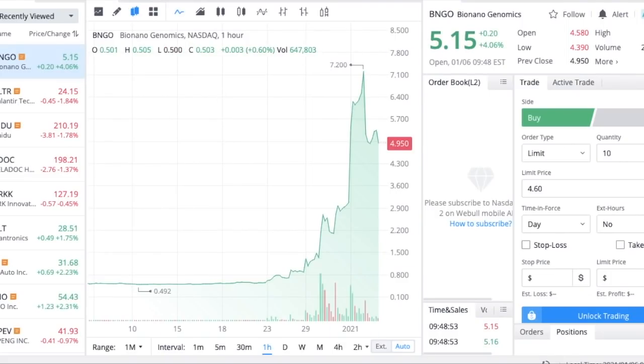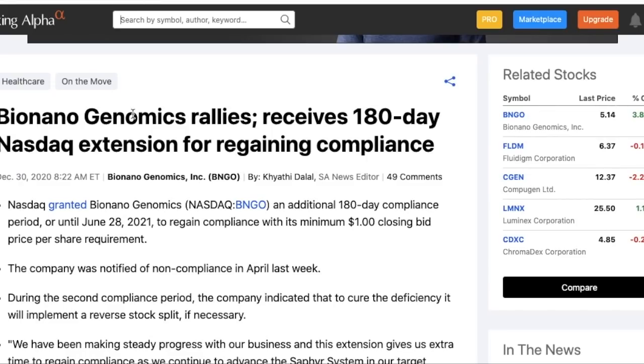Recently, on December 30th, Bionano Genomics rallied and received a 180-day NASDAQ extension for regaining compliance. So essentially what this means is that they received an additional 180-day compliance period, or until June 28th, 2021, to regain compliance with NASDAQ's minimum $1 closing bid price per share requirement. This only means that in order to be traded on the NASDAQ, Bionano Genomics is going to have a share